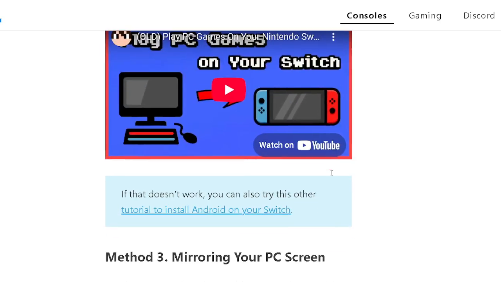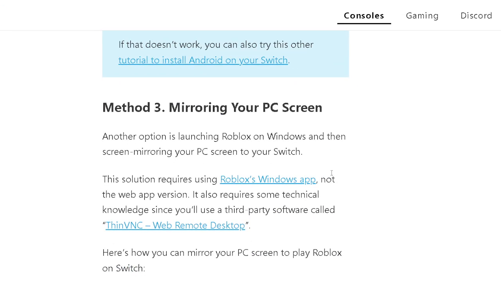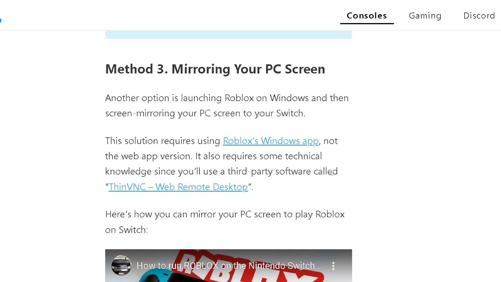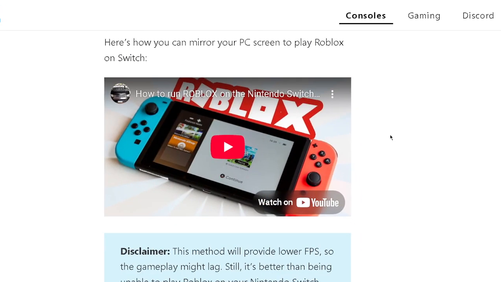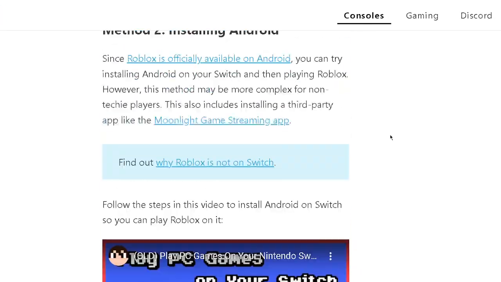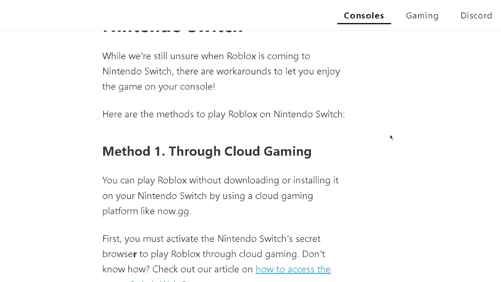Our third method is mirroring your screen. I don't think this method is good for you, but you can try this also. So these are three methods you can do